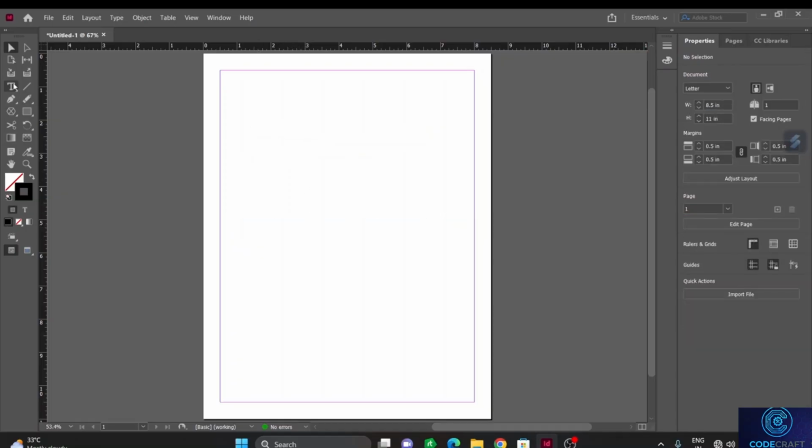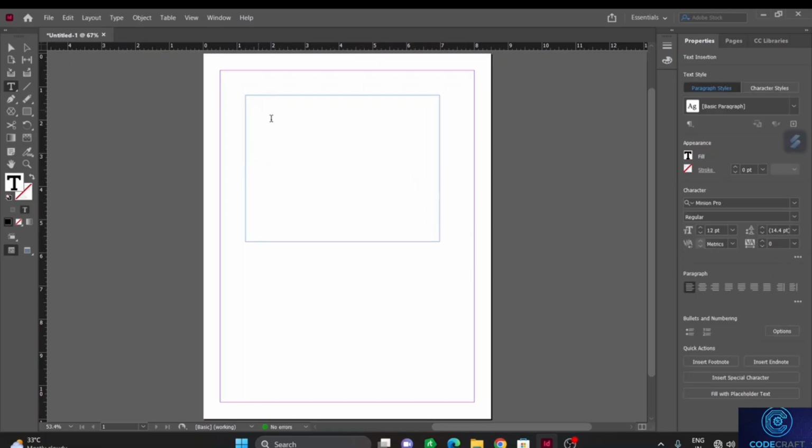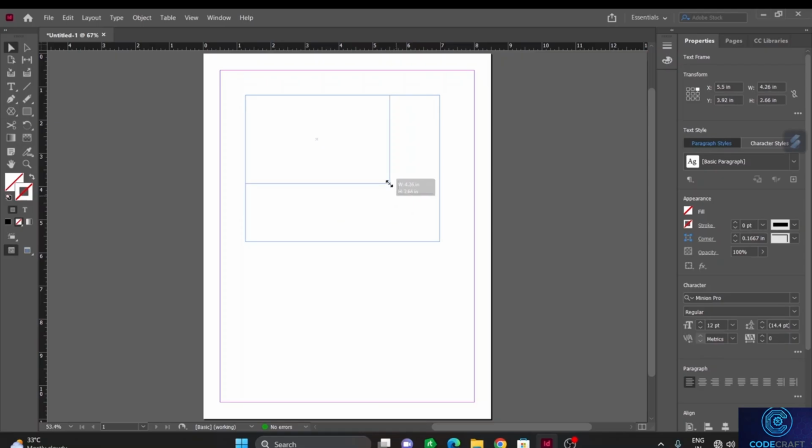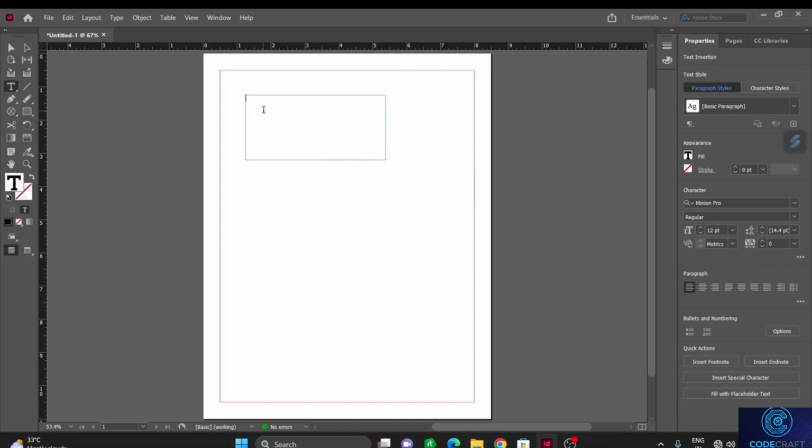And now, first, let me create a text box. Here I am creating a text box. And once I create this text box, let me just decrease the text box size here. I can write anything as I want. Okay, so let me just write